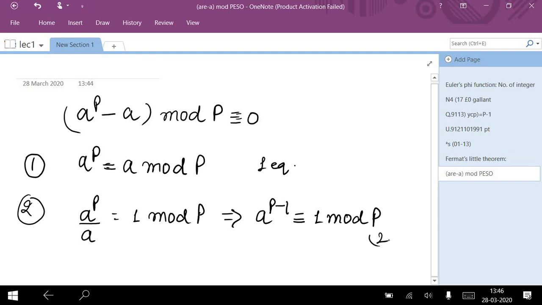So this is the second equation. Fermat's little theorem provides you two equations. The first one is a to the power p congruent to a mod p, and the second one is a to the power p minus 1 congruent to 1 mod p. So the application of Fermat's theorem is used to solve some typical equations, like